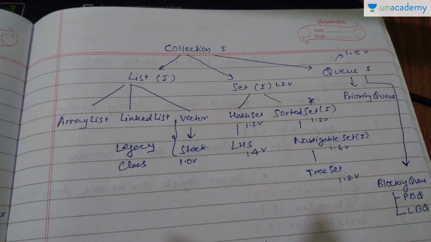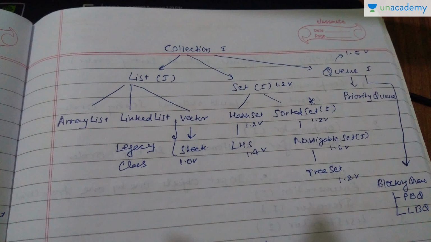Vector and Stack are classes which are present under the list interface. Also, Vector and Stack are known as legacy classes. I told you earlier that legacy classes are those classes which were already present in Java from the very first version of it. They were re-engineered in version 1.2 to implement the list interface, since the list interface came into the picture in version 1.2. So in today's session we'll go through Vector and Stack.